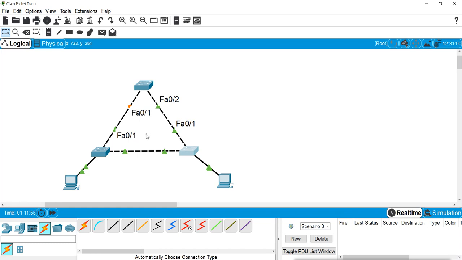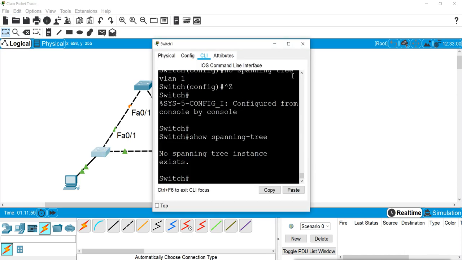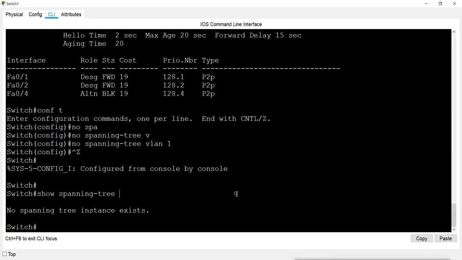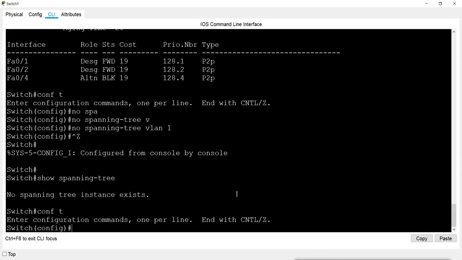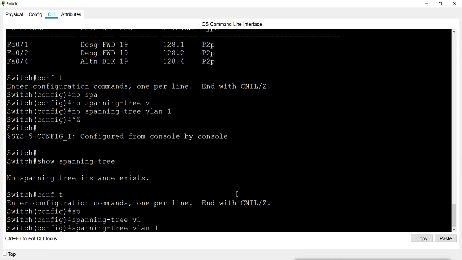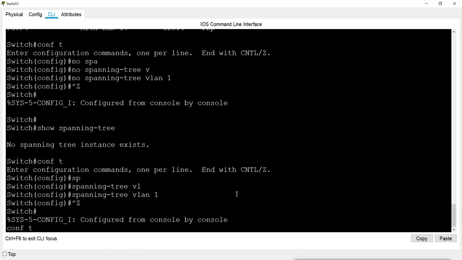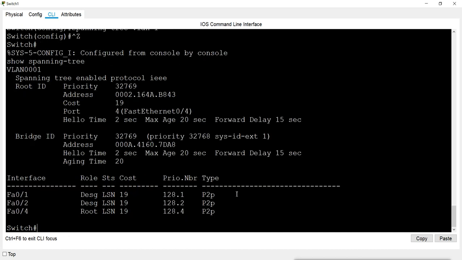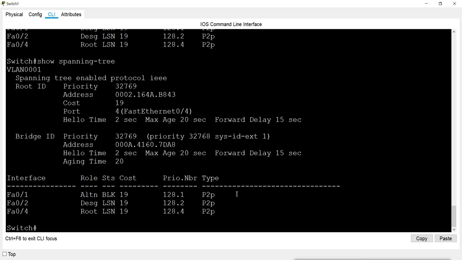So this is how STP works, and I have not enabled it here yet, so I will enable this switch also. Spanning tree for VLAN 1. Listening state, and now it is blocking state.